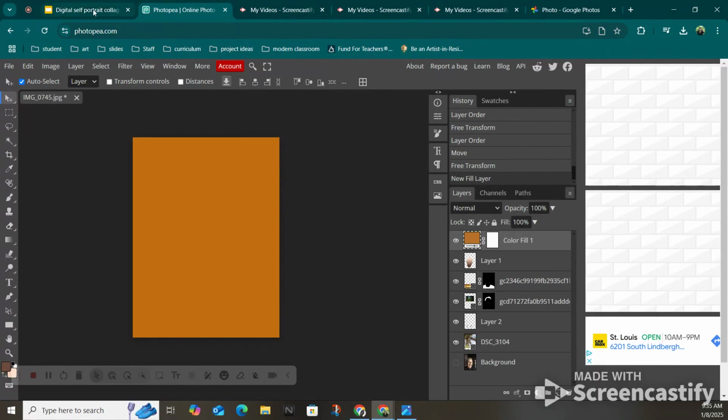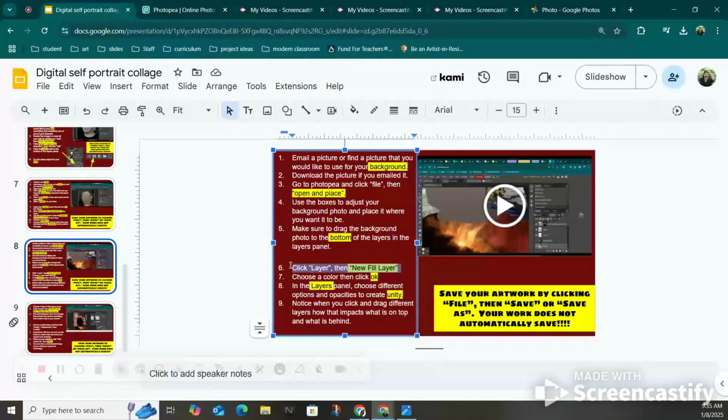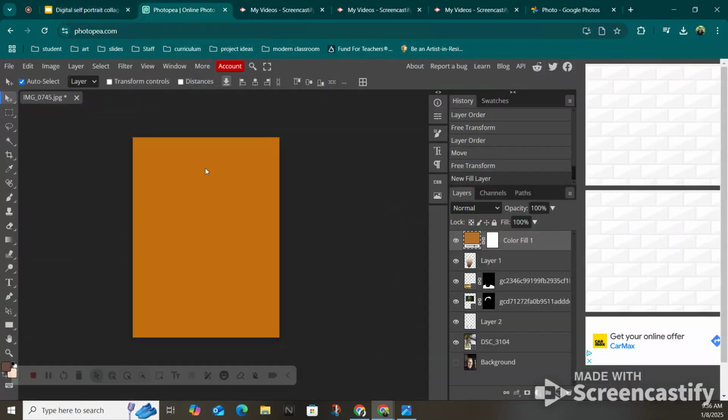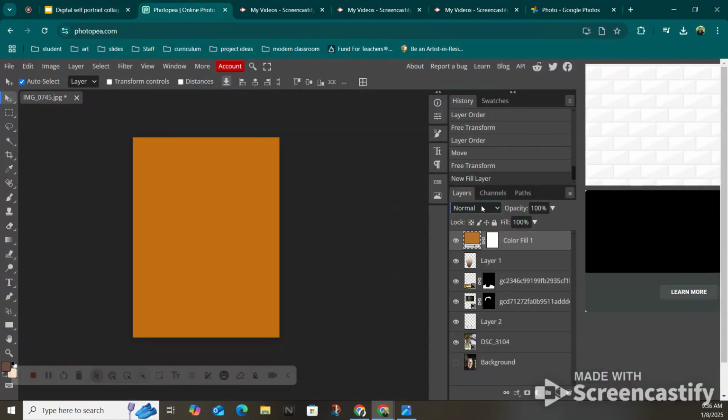And initially it is going to cover it like that. Let's see what's next. Choose a color, click OK. I did that. All right. In the Layers panel, choose different options and opacities to create unity. All right. And then it also says, notice when you click and drag different layers, how that impacts what is on top and what is behind. So over here, this is what I'm talking about. In the Layers panel,